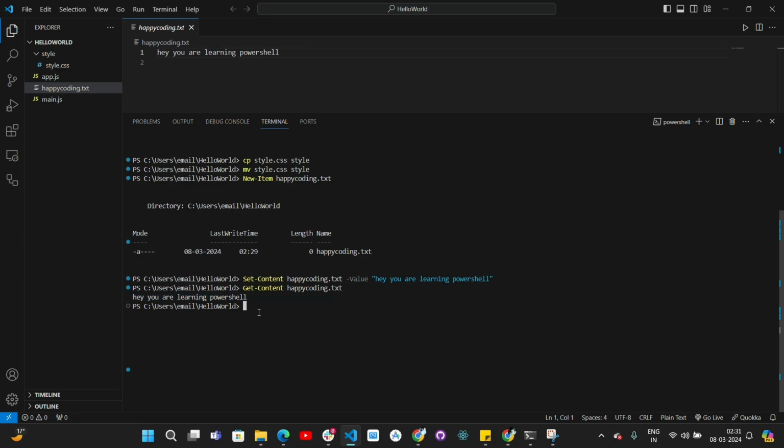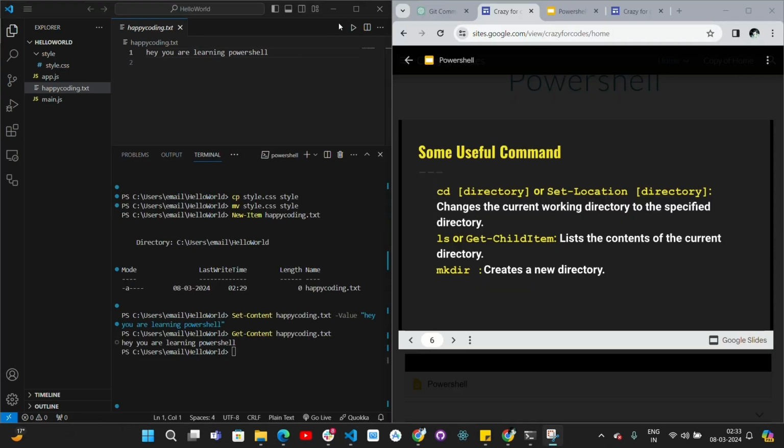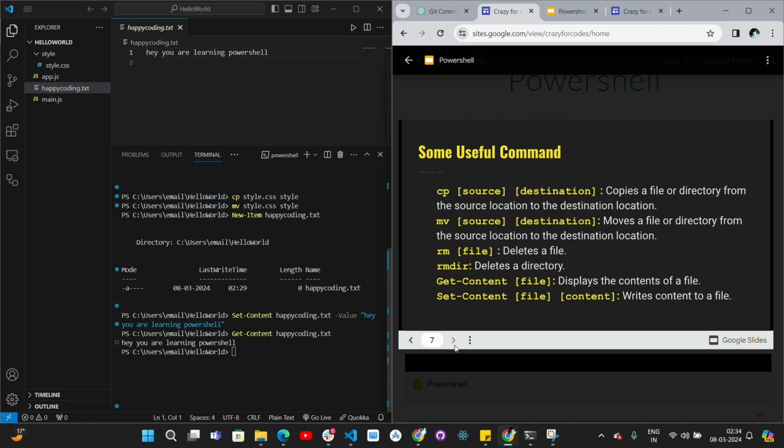So till now we have used a lot of commands, and let's see what is left. Okay, so we have covered the cd command, we have covered the ls or Get-ChildItem command, and then we have also covered mkdir, the cp command, mv command, rm command, and then the rmdir command also. And I guess most of the very useful commands have been covered in this